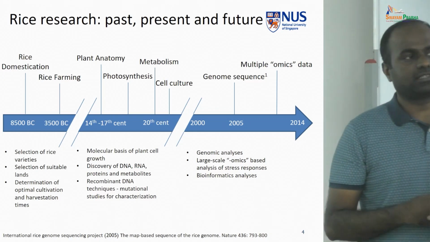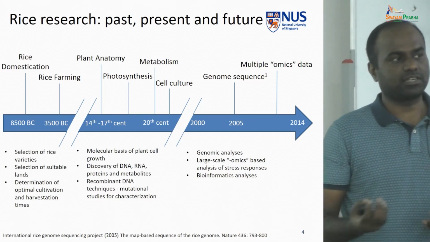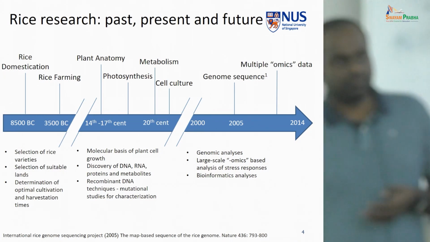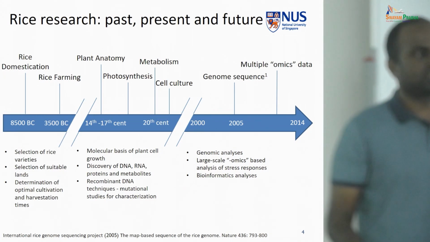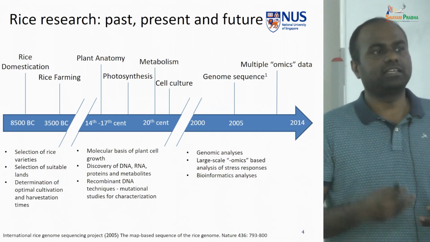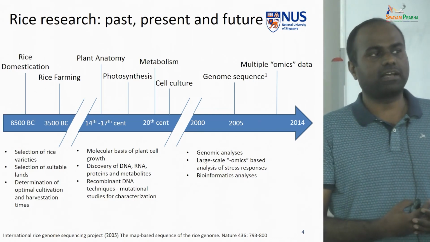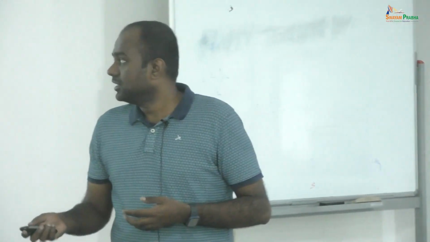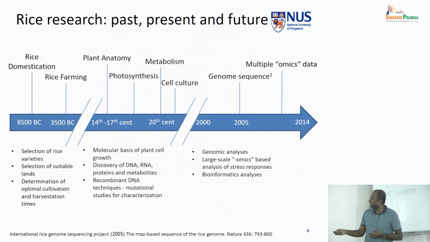So you can look at the transcript level, so you can do the transcriptome analysis, or you can try to understand that not all the transcribed genes will eventually get translated. So you could look at the proteome level, and then not all the enzymes would have a sustained activity on the metabolites. So you could also look at the metabolome levels and so on. Integrated with bioinformatic analysis, this gives you a lot of power to understand what happens within the rice. So we are currently in this post-genomic era.